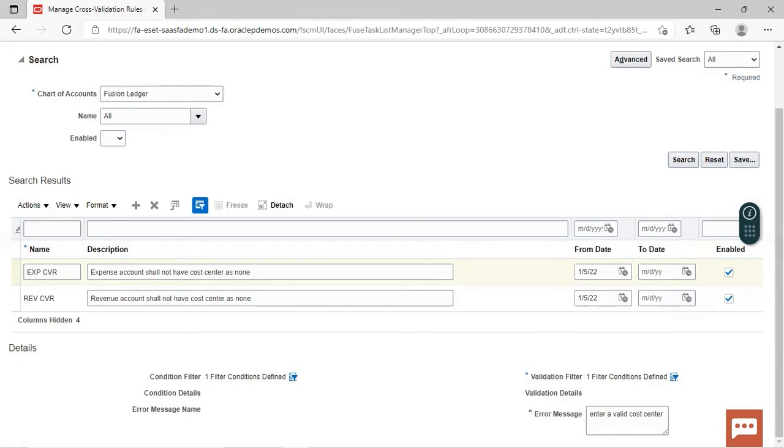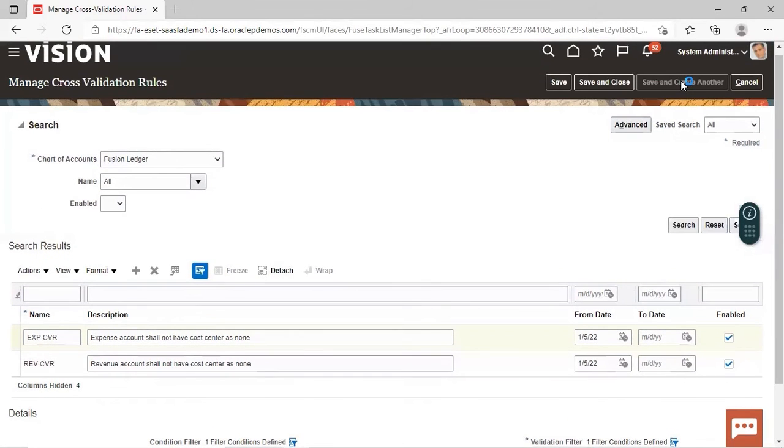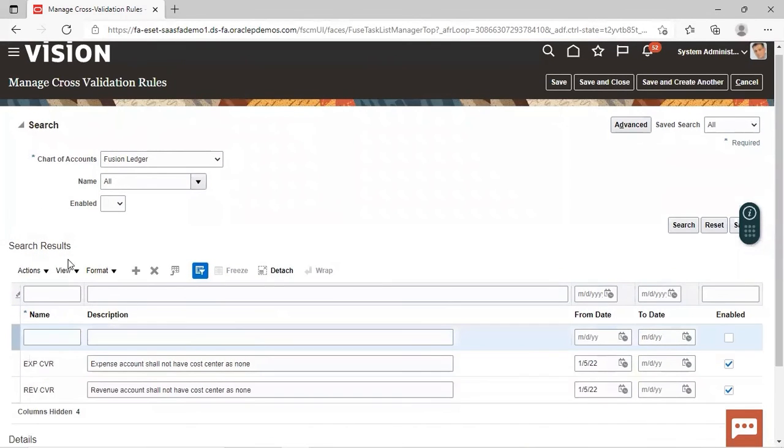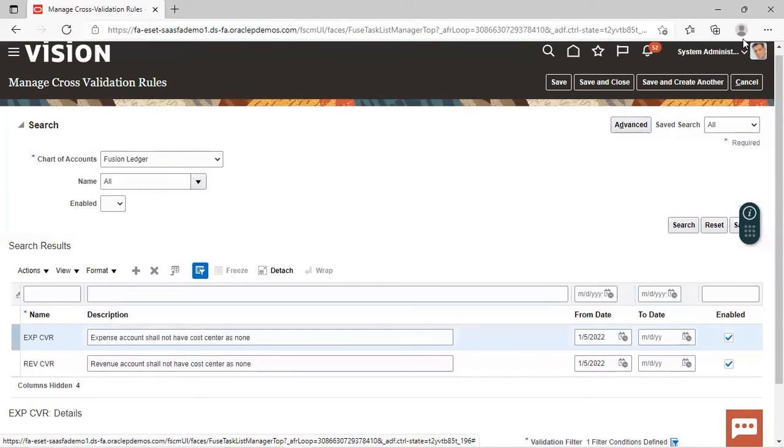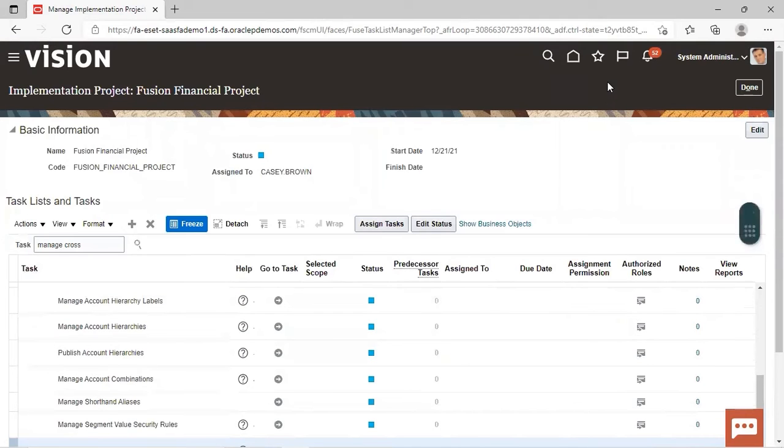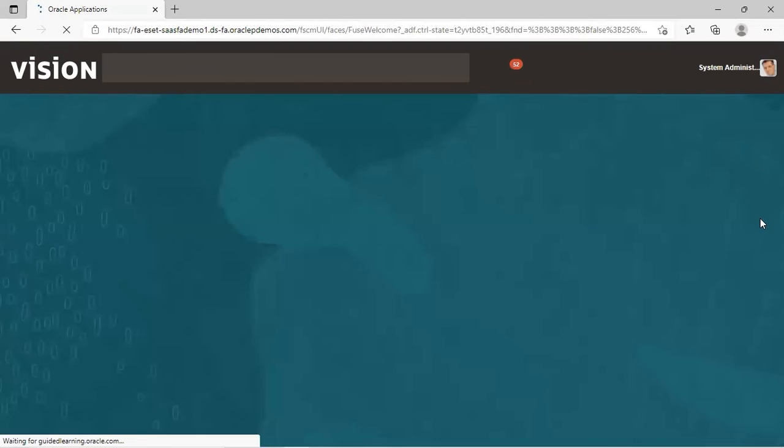Okay, so this way we have created two, I have selected a wrong one. Now I'll click on save and close. So this way we have created two cross-validation rules through manage cross-validation rule. Now we'll quickly go to the home page and from the task list,